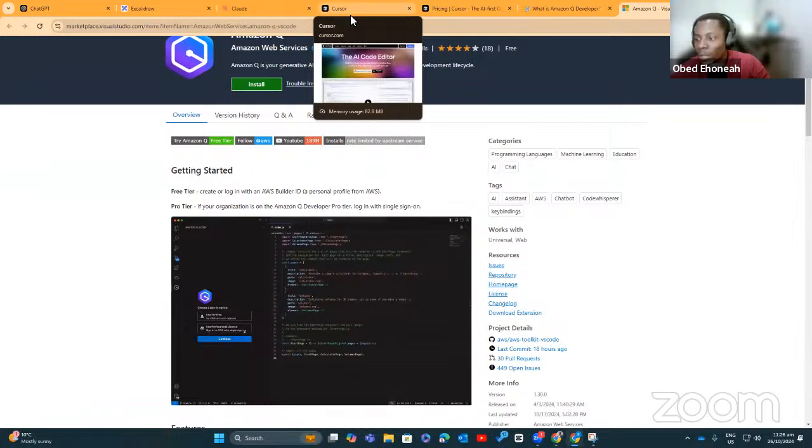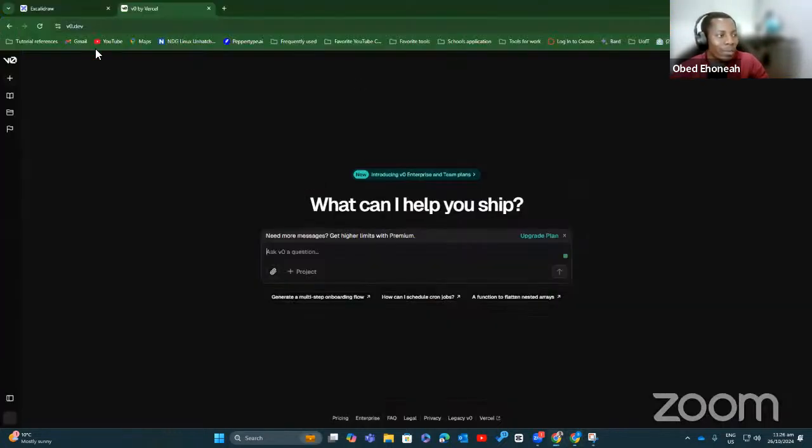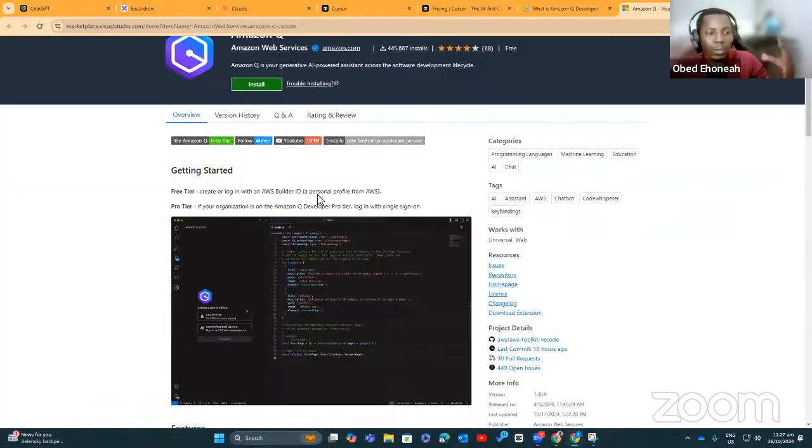Someone asks, please, what did you say we use for the designs? The designs we are going to use v0.dev. So it's not just design, it's going to write code. Ideally we would have gone to design the interface and all, but we don't have that time. That's why we're doing the brainstorming, so that we fully understand the problem we are trying to solve.